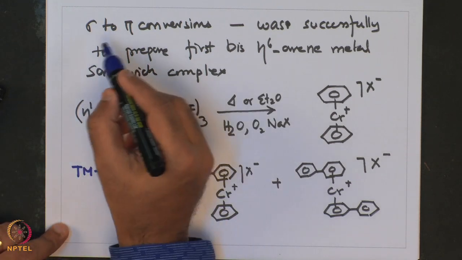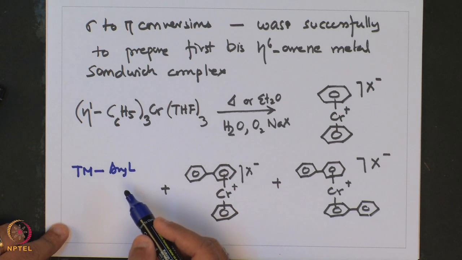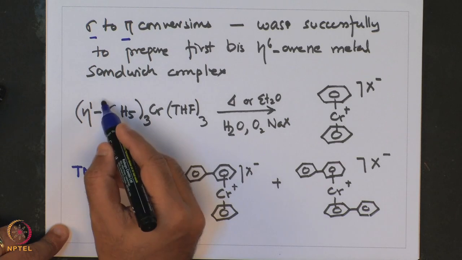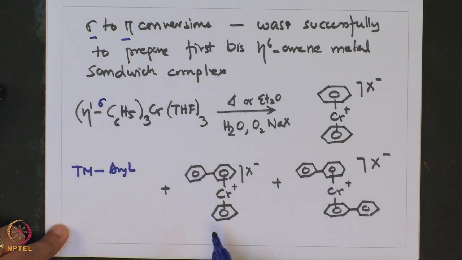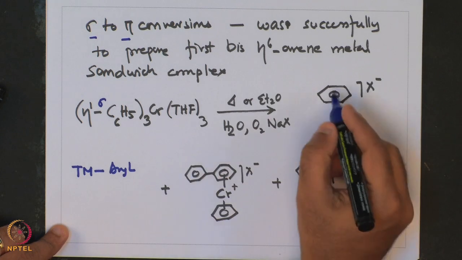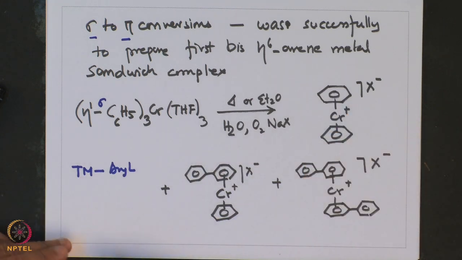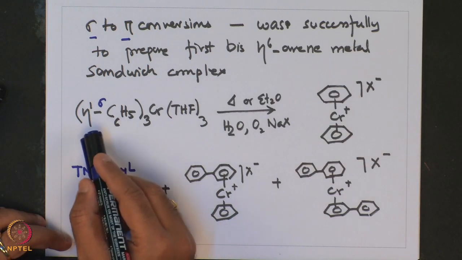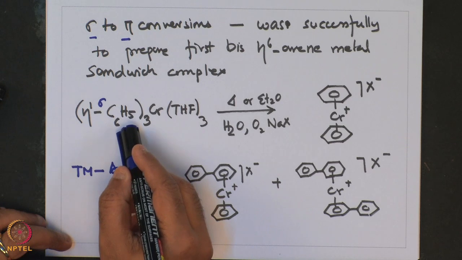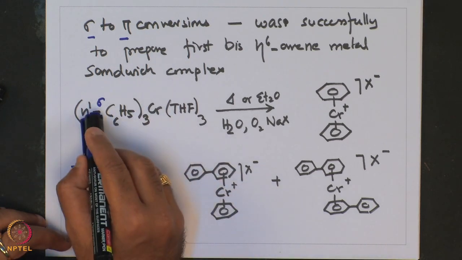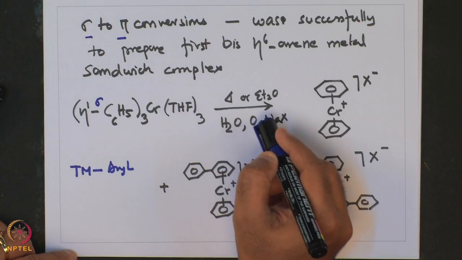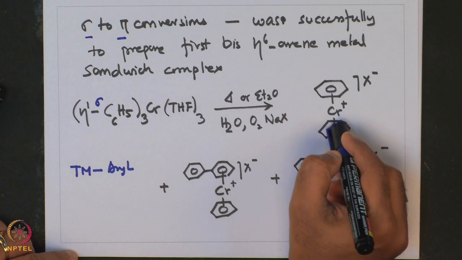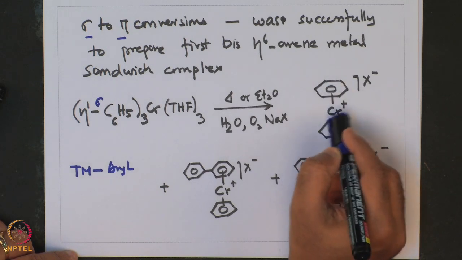that they can undergo a shift from sigma to pi bond. This was an example where they are bound in a sigma fashion to the metal center, and then it binds with this pi cloud, and there are 3 C6H5 moieties bound to chromium in a η1 fashion. When heated under this condition, it gives the sandwich complex, whereby there are 2 benzene C6H6 bound η6 using the